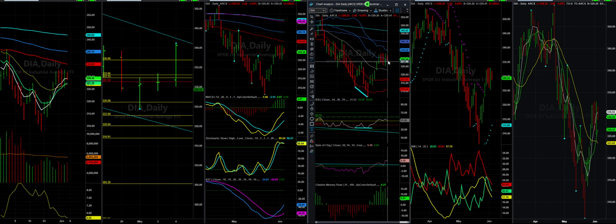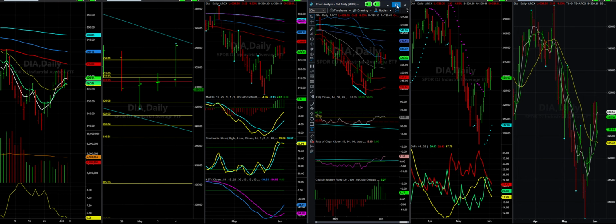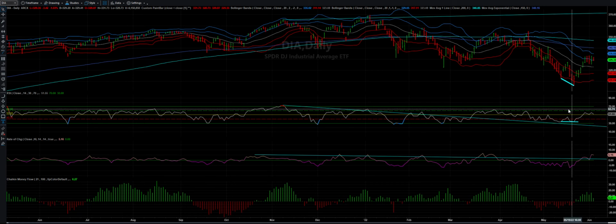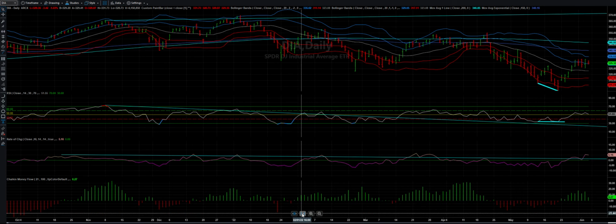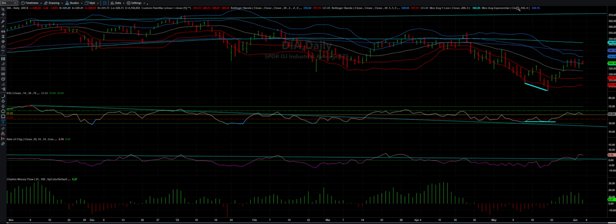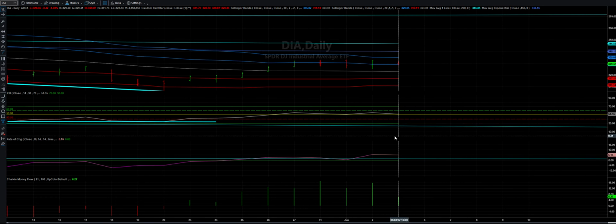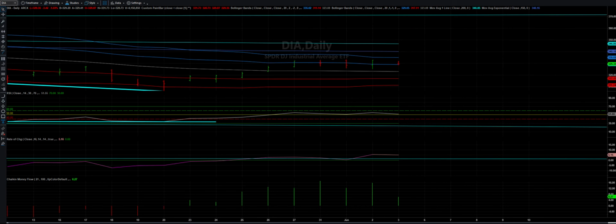Okay, now let's look at the RSI and the Chaikin money flow. Let me expand this so you can see it. Right here is the RSI, and this is our Chaikin money flow down here. So we did get above 50. The RSI got above this horizontal yellow line, which is 50, but this green line up here is 60. So we haven't been able to get above 60 on the RSI, and now it's coming back to test